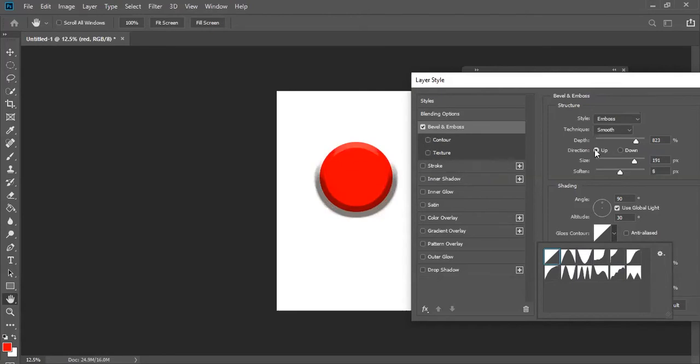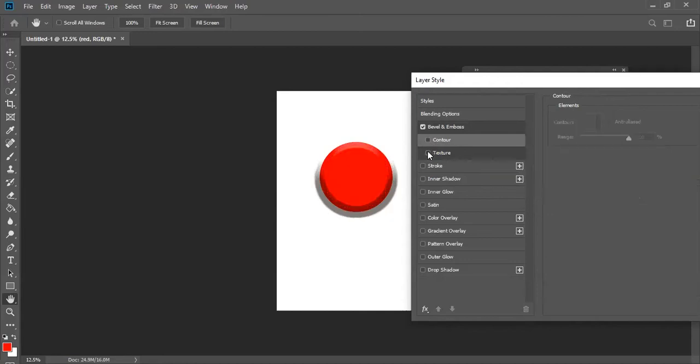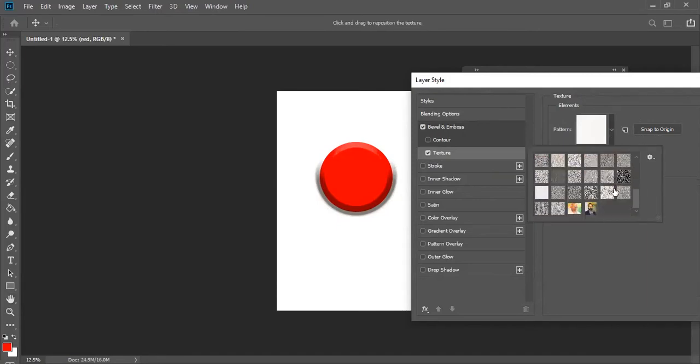When you click here, it will be a different style model. I don't want that one. There is one texture option. When you click on texture, just click here and click here. You need to click on the type so that you can see the textures here. Whichever texture you want, you can use. For example, if you want to use this texture, any texture you can use.